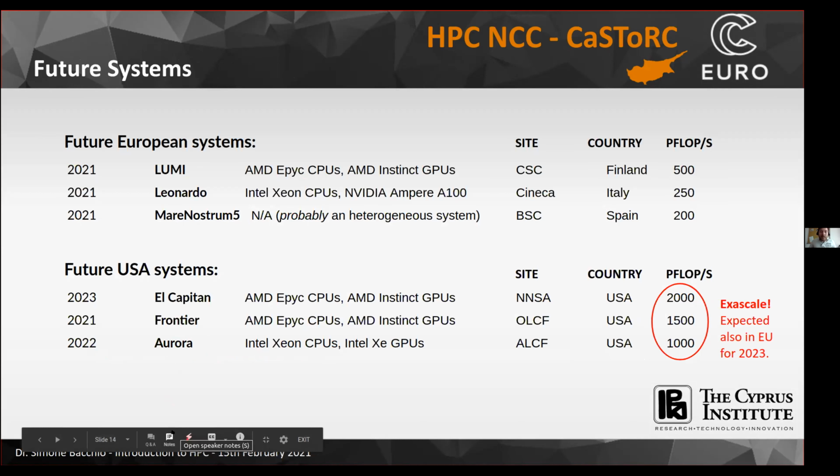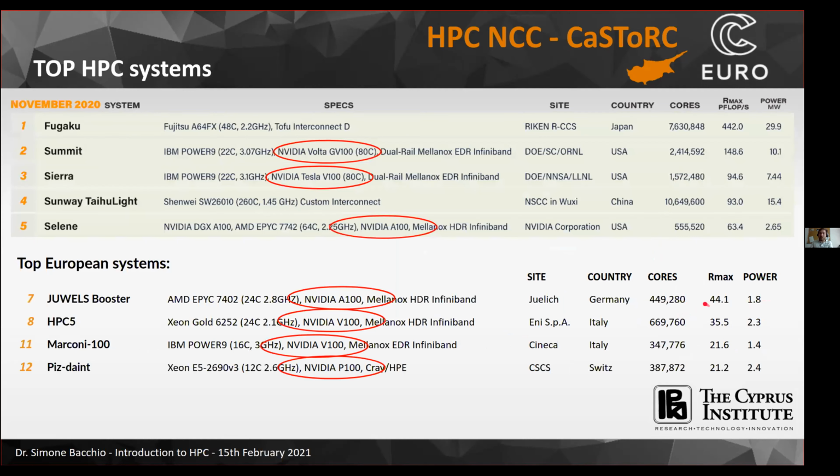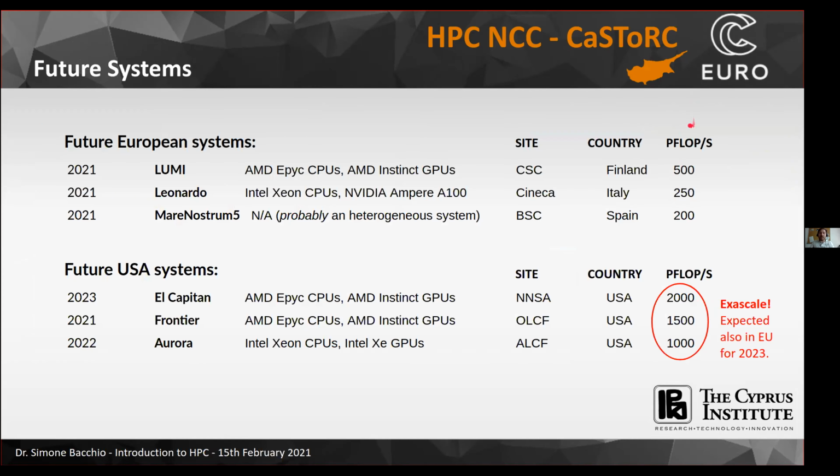These are the specifics of the next 3 pre-exascale systems in Europe. We will have LUMI, which they are constructing now. It was announced to be active in 2021. We will see if that is going to happen, but between this year and the next, it will be operative. And it will have a performance of 500 petaflops. This is a huge number if we compare it to the largest system in Europe, which is 44 petaflops nowadays. So this is 10 times bigger than